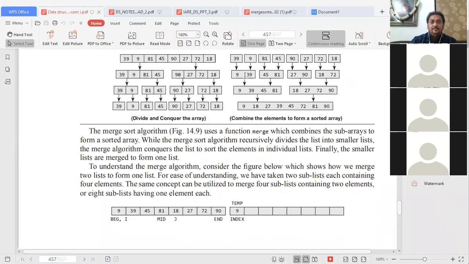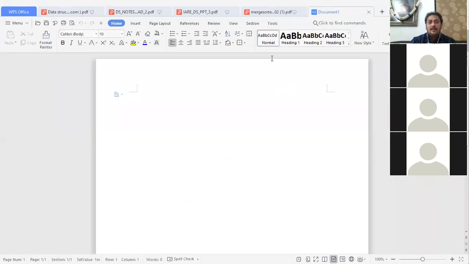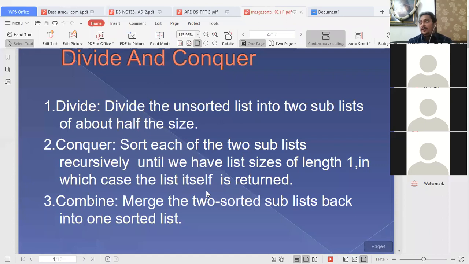Now we are combining these two and again use any one of the sorting techniques like insertion, bubble or selection sort, and ultimately you are going to get this: 9, 39, 45, 81. That means initially we had all these 4 elements; now the 4 elements are the same, but sorted. Is this clear? Now we are going back to the PPT presentation. One second.